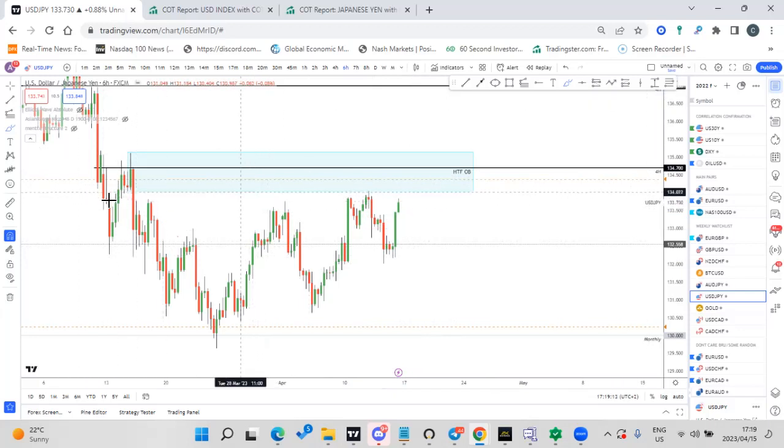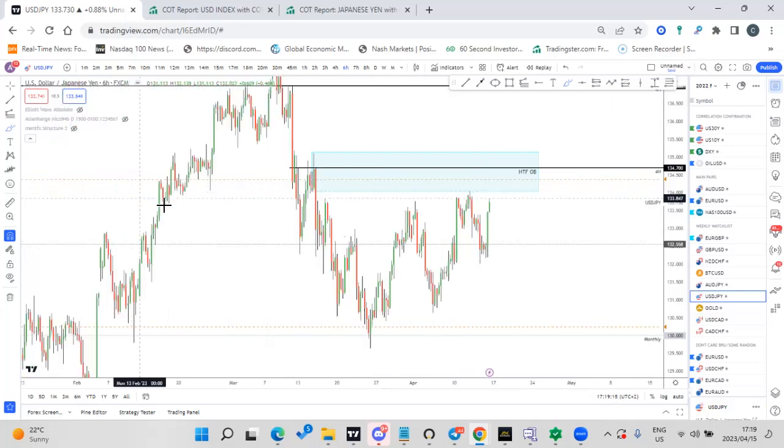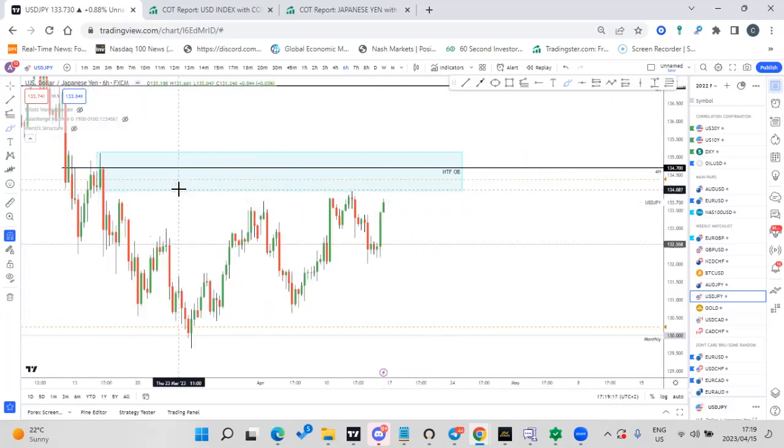Even though I wanted to ignore that small gap there, I'm not going to showcase the gap because different brokers have different spreads, so price could print differently. So let's just ignore that small little gap there for a bit, okay? And then we go,